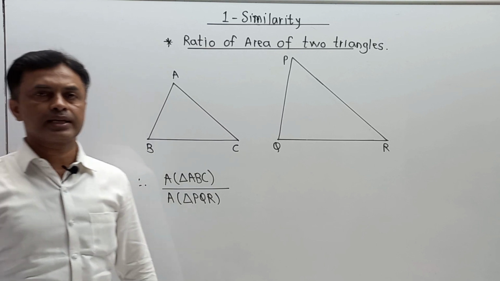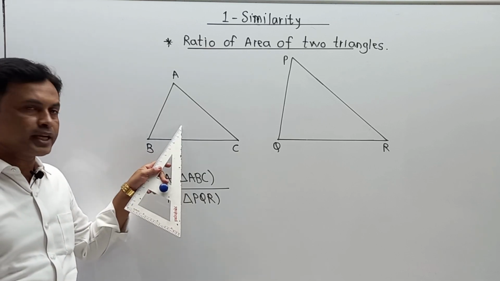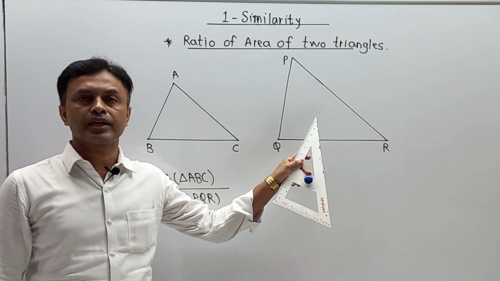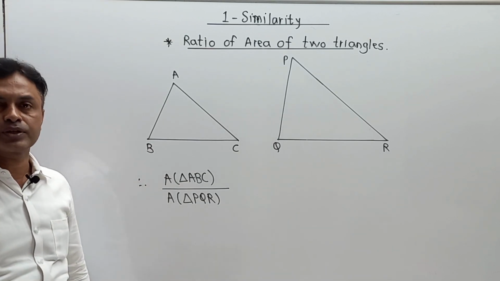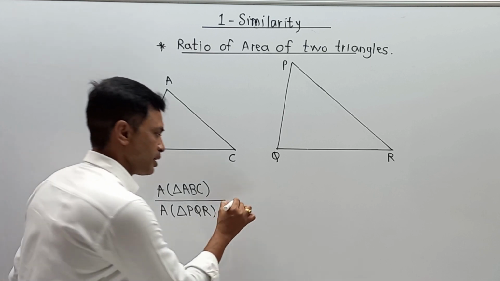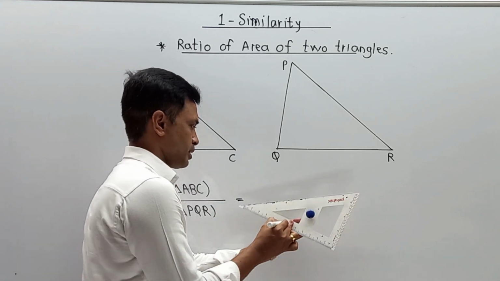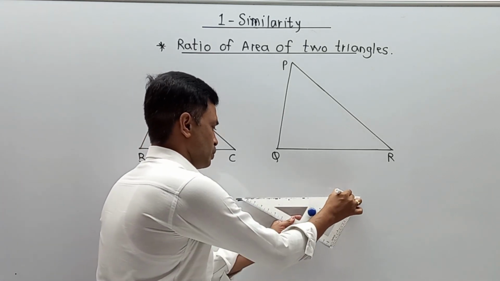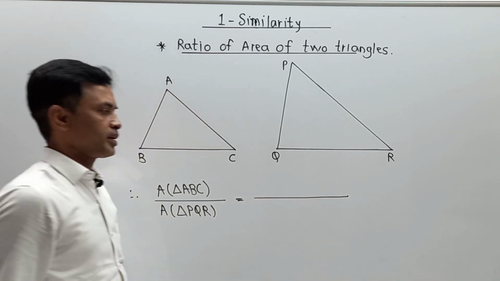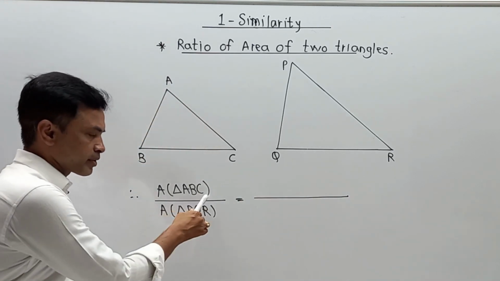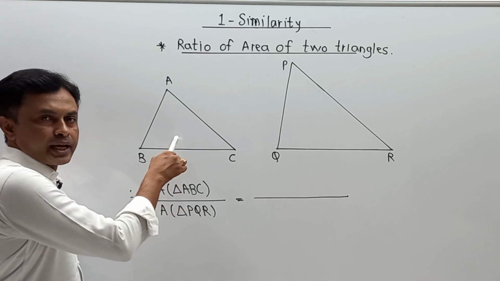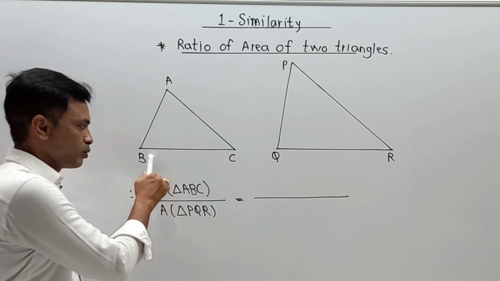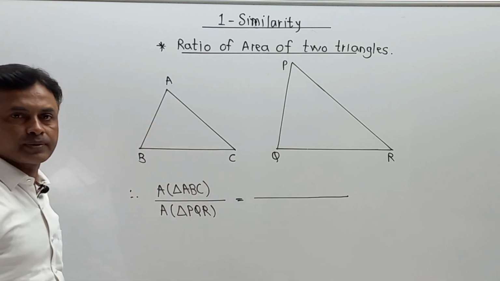Now what exactly is the part here? We have to take the area of triangle ABC, the area of triangle PQR, and take the ratio. Here I have started directly in terms of a ratio, and it is nothing but the ratio of two areas. So as per the diagram, for the area of triangle ABC, we know one fundamental fact: the area of any triangle is half into base into height.